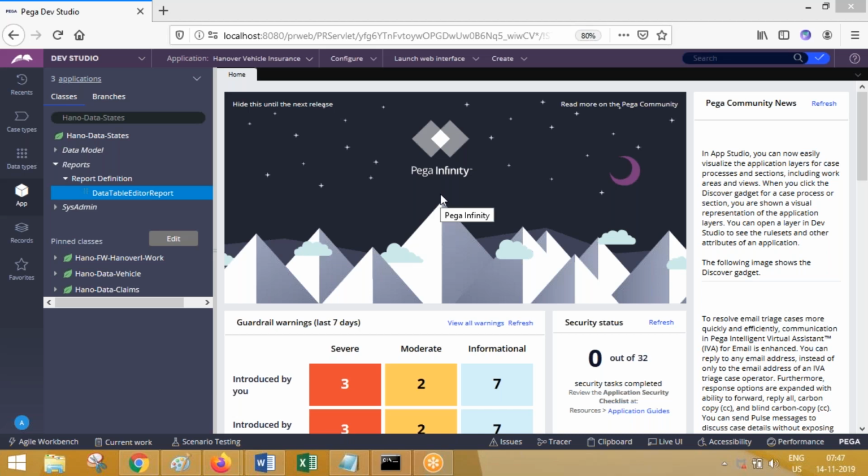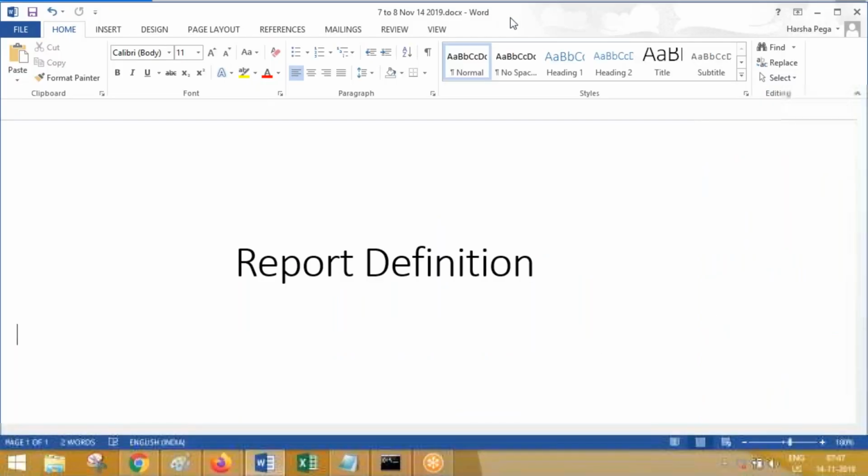Everyone clear with this? Given a requirement to fetch data from the table, convert it into Excel format and email it to someone, how long will it take? It will not take more than 5 to 10 minutes. But in other programming languages, it will take a lot of time. That is the advantage of Pega with respect to development. Joins also we can perform. We can perform different types of joins, which we'll be discussing later. Okay, this is clear. So let's go ahead and work on the report definition rule. This theory video I will be giving it in the